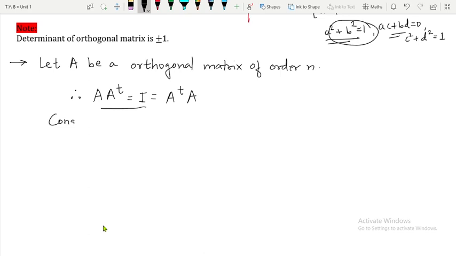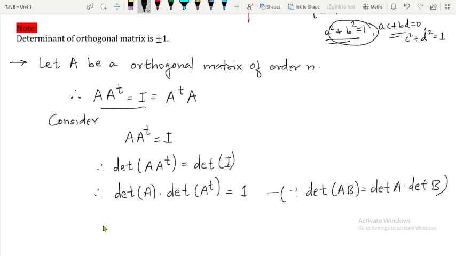Therefore the determinant of A into A transpose is equal to the determinant of I. Therefore this determinant of A into A transpose is nothing but the determinant of A multiplied by the determinant of A transpose. And what is the determinant of the identity matrix? It is 1. Which formula have we used? We already know that the determinant of AB is equal to the determinant of A multiplied by the determinant of B. This formula we have learned in second year. But what is the determinant